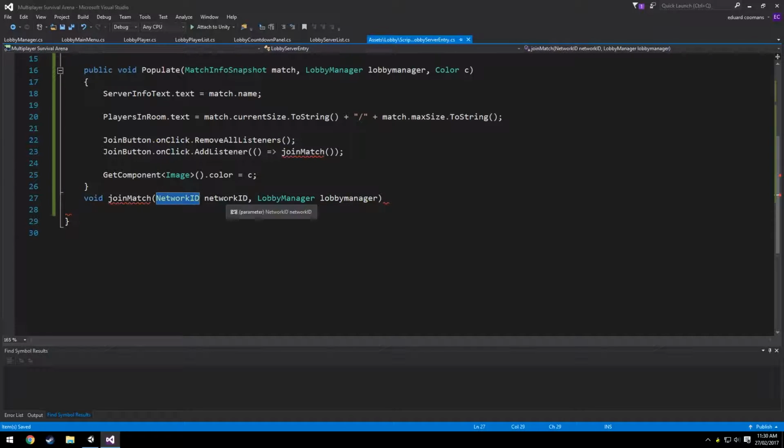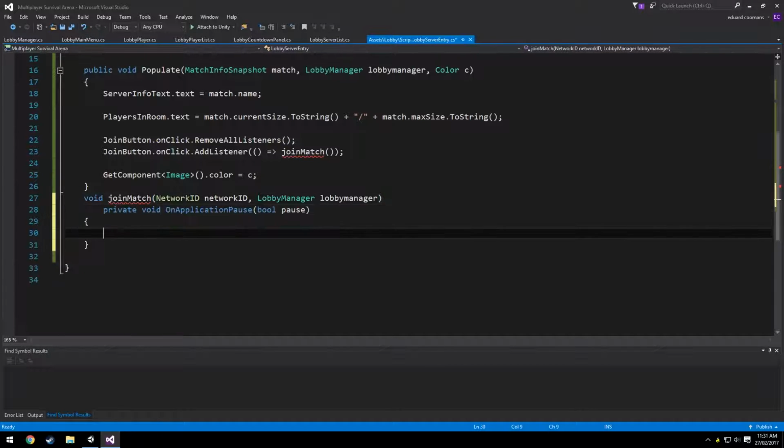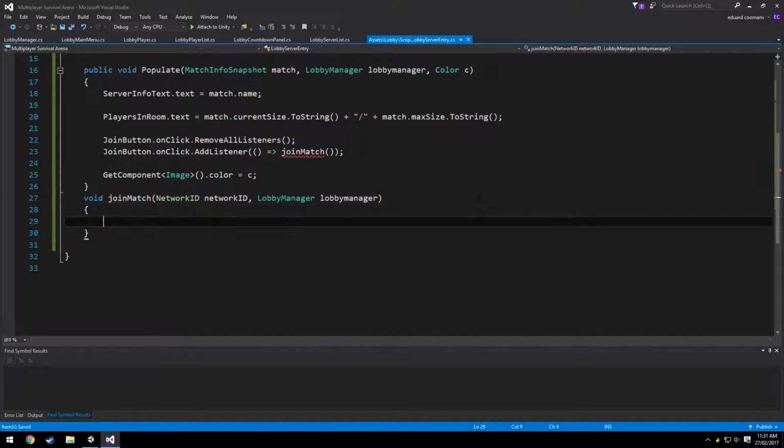So the network ID is used in every networking or networked game. So network ID is a reference to the host's information or the game's networked information. So every game session has its unique network ID, and we want to go ahead and join that network ID. So here we're going to say the lobby manager that we sifted in, and dot matchmaking,